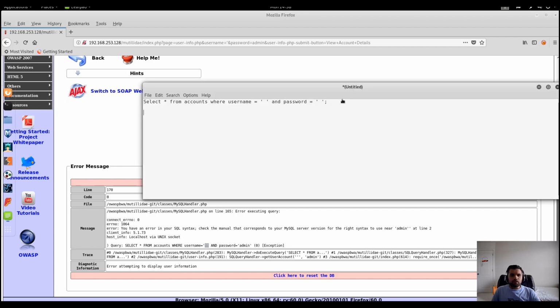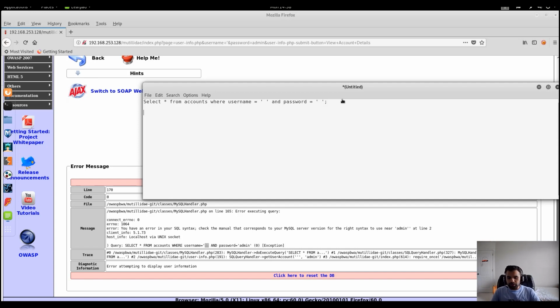Now our goal is to extract the data from this accounts table. First we need to determine how many columns we have in the accounts table, because otherwise there is no way for us to extract the information. That's going to be our information gathering phase.